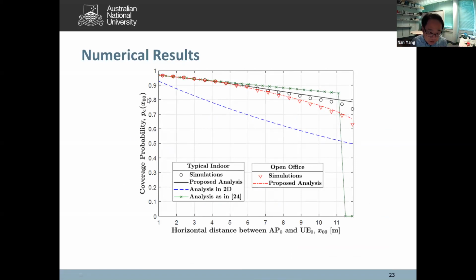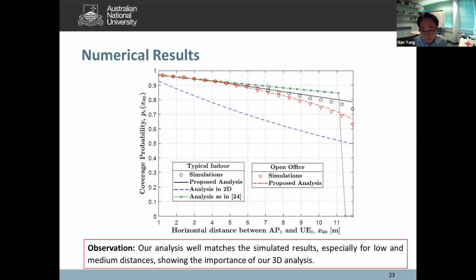So here we plot the coverage probability against the horizontal distance between AP0 and UE0. We find that our analysis, this black curve, matches the simulation result well, especially when the distance is low and medium. From 1 meter to maybe 8 or even 9 meters, the analysis and the simulation match very, very well. This shows the importance of our 3D analysis, because the 2D analysis, this blue curve, does not make sense. And the existing analysis, this green curve, again overestimates the